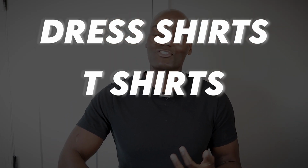Tailoring my clothes so that they are just way too tight. When I started on this tailoring journey, I quickly lost sight of the fact that there is a massive difference between fitted and tight. Like a big difference. I was so used to wearing just baggy, untailored, unfitted clothes that I went way towards the other side of the spectrum and I made all my dress shirts and my t-shirts and my pants just, oh, they were so